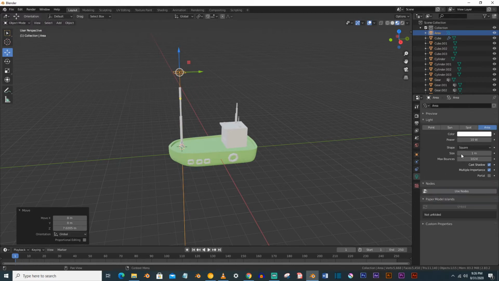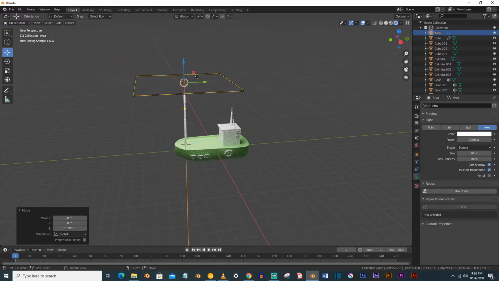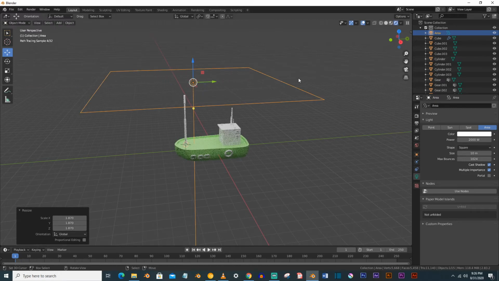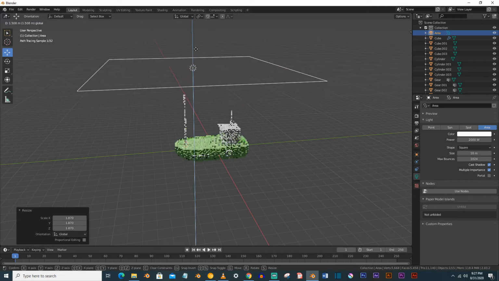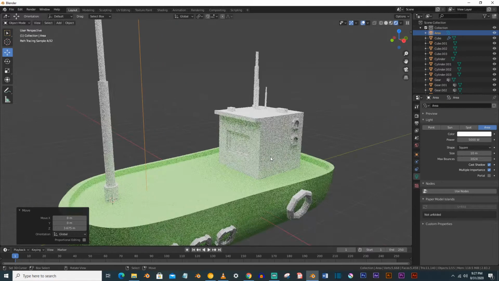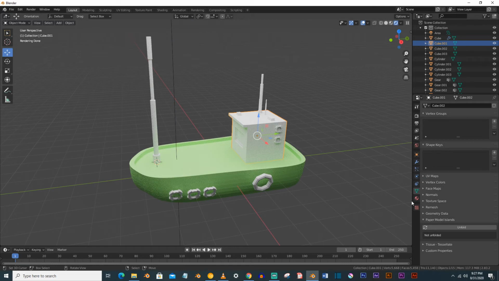Go to the settings, make it 2000, size to 10, and now you can go to the rendered options. You can see that. And for softer shadows, you can increase the size and increase the strength to 5000 like this, and our boat is looking nice.